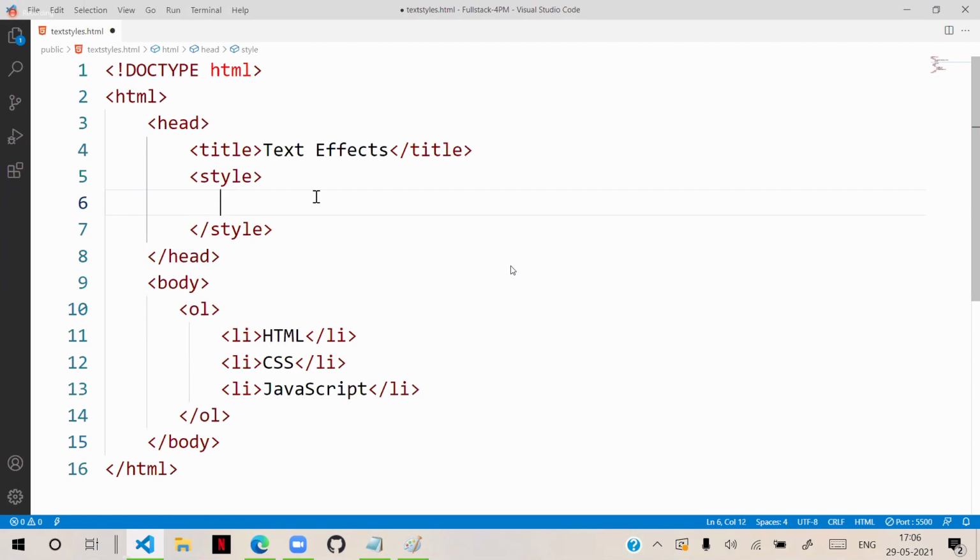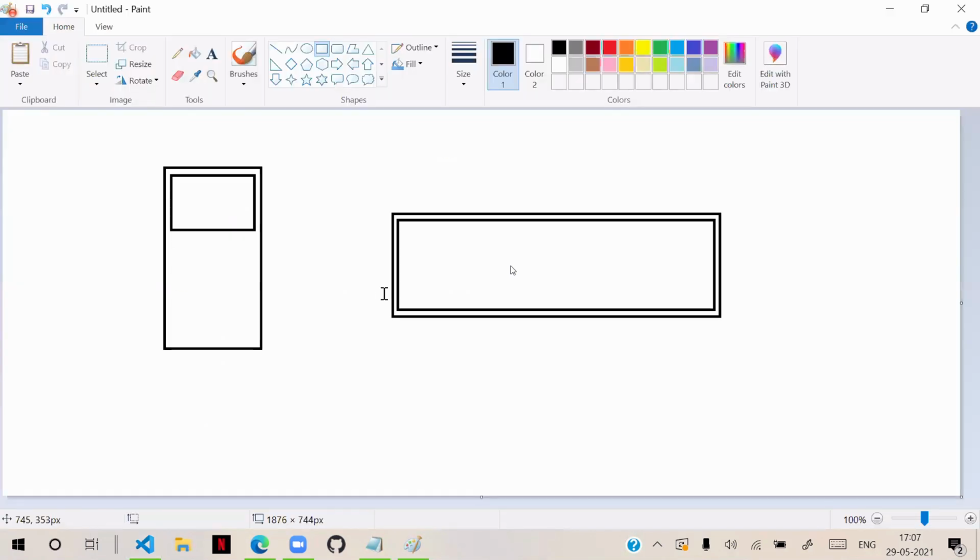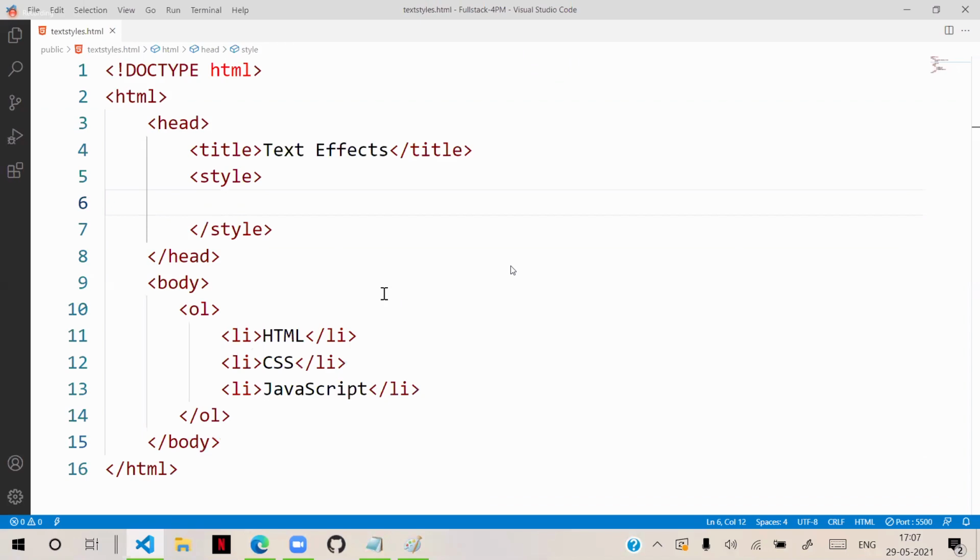So how do you do that? Let's see. For example, suppose we have list items like HTML, CSS, JavaScript, or suppose this is a toolbar.